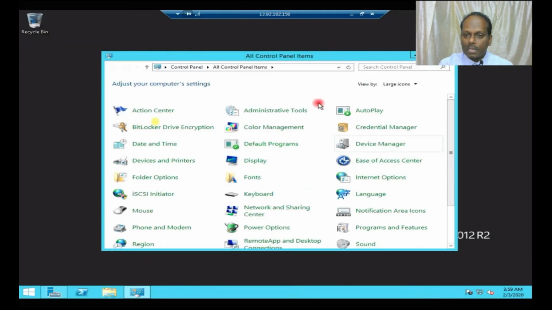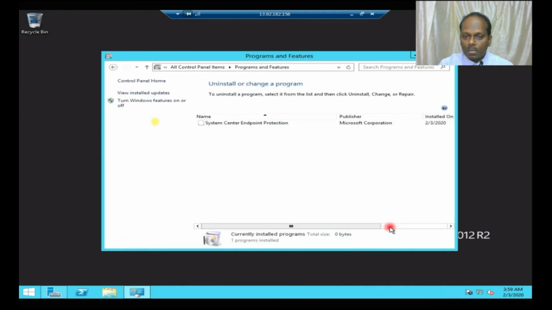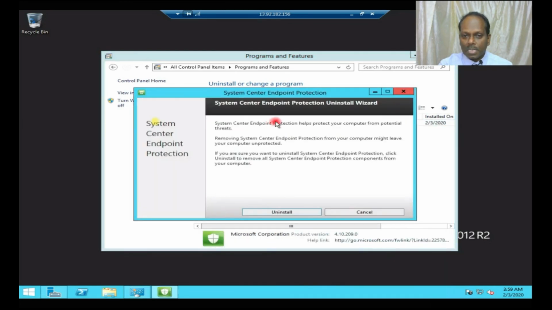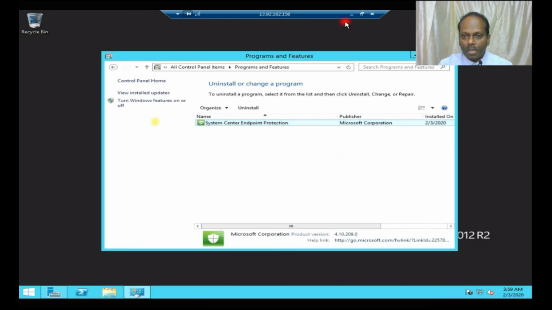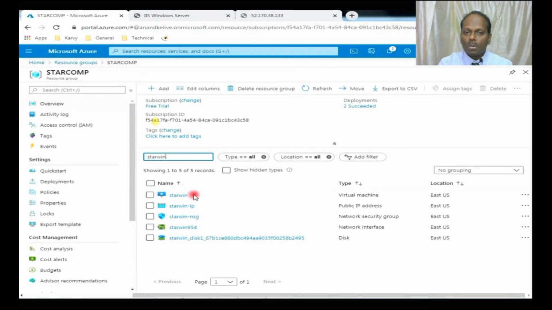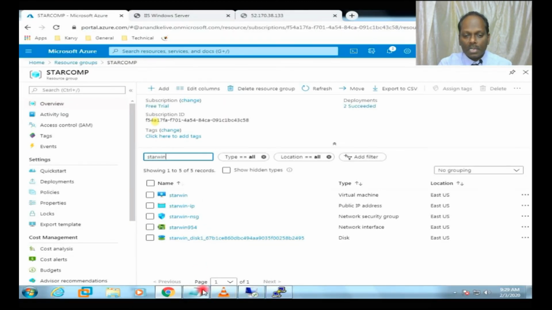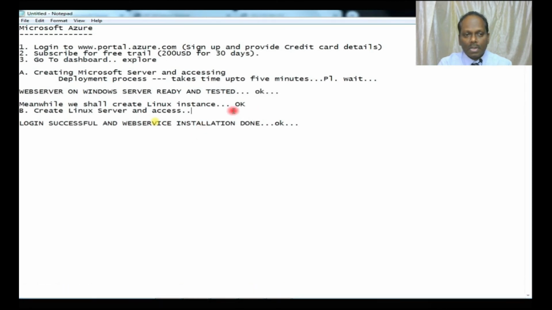So now let me check the administrative tools. Yeah, endpoint protection has been successfully added into the system. So we have gone through the Linux installation and also the Windows Server installation.